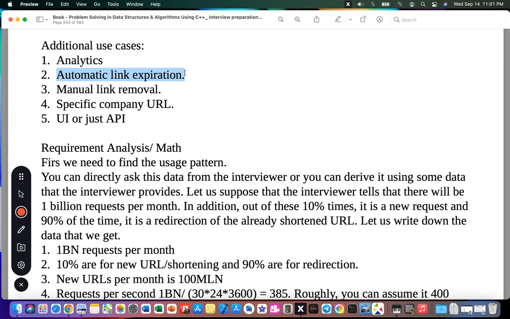Manual link removal, so you can remove the link manually. Specific company URL, so it's customized or something like that. And user interface or just the API, the application programming interface.